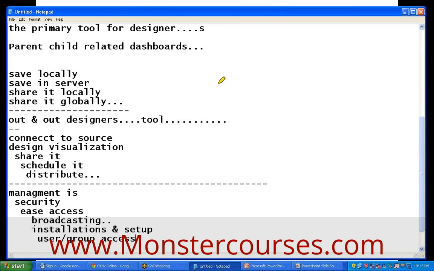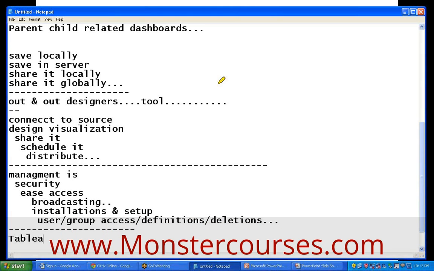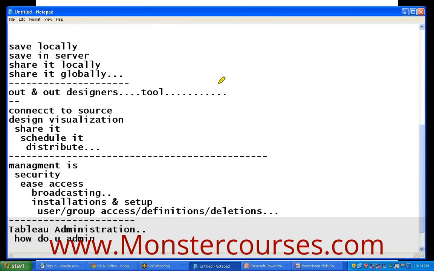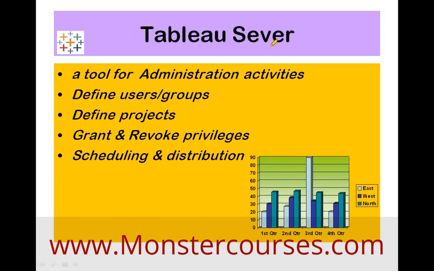So user group access, definitions, deletions, all these things are managed in one more tool called Tableau administration. So how do you do that? Admin. So then I'm going to use a tool called Tableau Server. Tableau Server is a tool which can help you to do all these admin activities. So it is an out and out admin tool